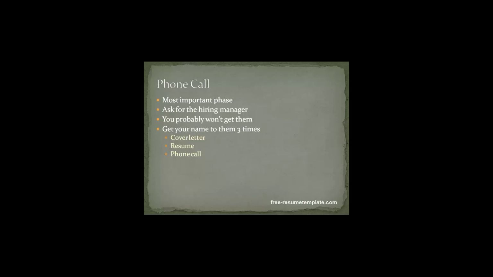We've got 3 goals that we want to accomplish in this phone call. First, find out what kind of person they're looking for. A lot of times that'll be a little bit hard to do. They're not going to just come out and tell you in 2 sentences exactly what kind of person they're looking for. You want to kind of feel it out. Second, find out how you should submit the resume. They might say mail it. They might say email it. They might say fax it. My recommendation to you, if they say you can mail it or email it, is to do both, and make sure you get the exact person that you should send it to.